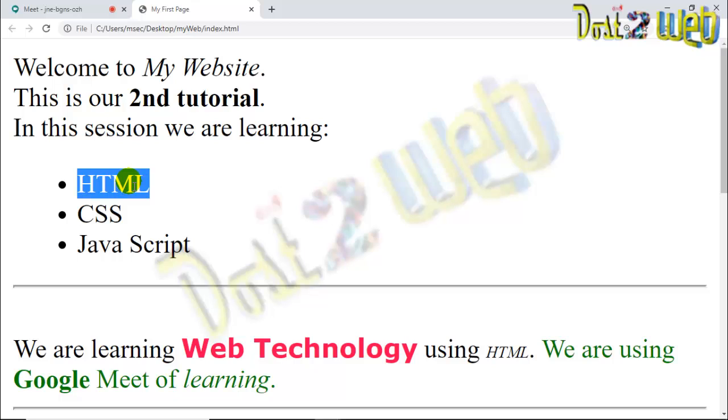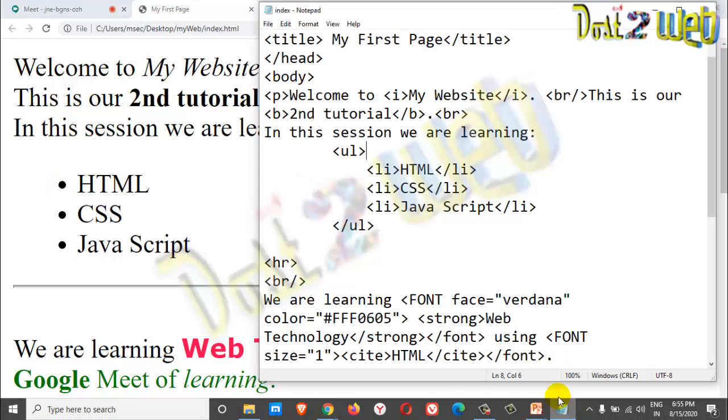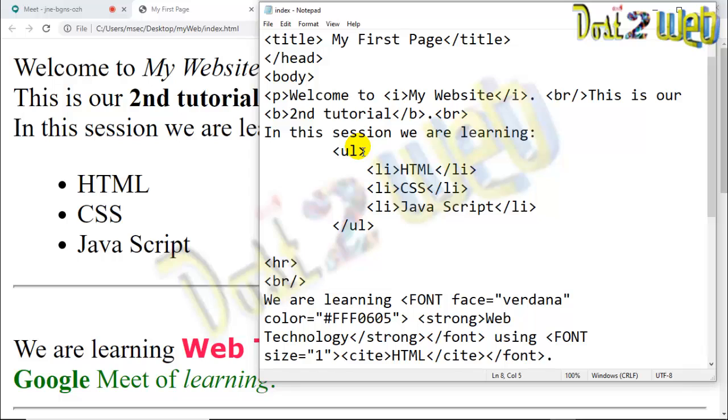As I said, by default the unordered list comes with a small dot, you can say. If you want to change that, as I said, you will have several attributes. You have to add the attribute in the UL tag. What attribute did I say? You have to change the type. Which type do you want? You want circle, you want something different.